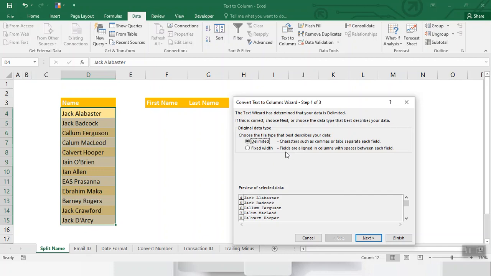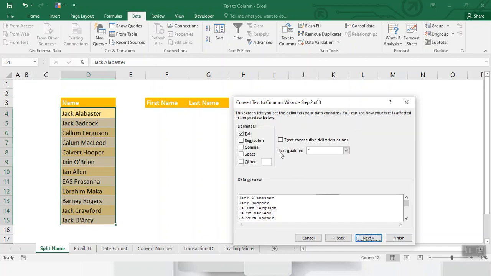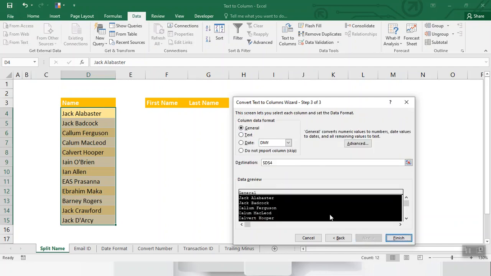Make sure delimited is selected. Click on the next button. Select space. Click next. Select destination.